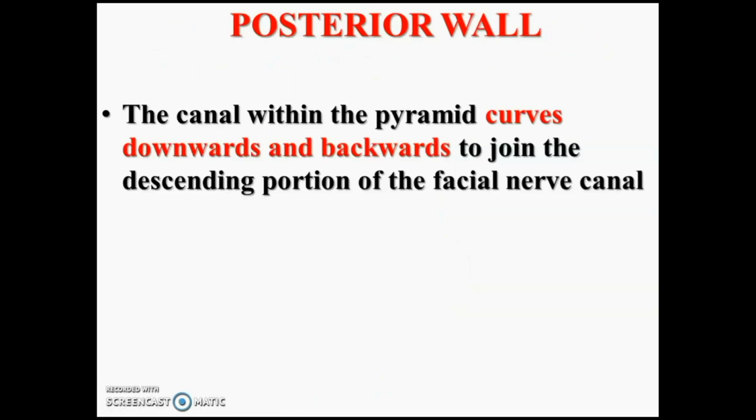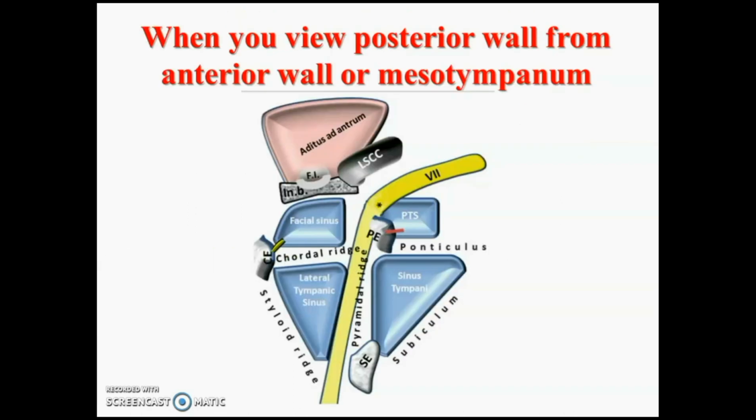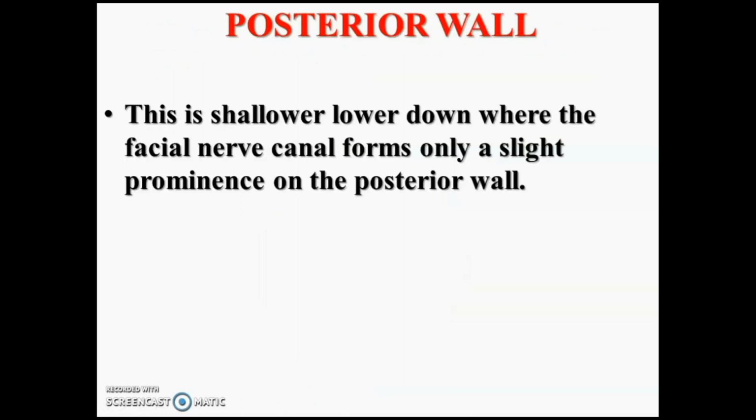So the canal within the pyramidal eminence curves downwards and backwards to join the descending portion of facial nerve canal. And facial recess is a groove which lies between the pyramid with facial nerve and annulus of tympanic membrane, that is lateral to facial nerve. You can see that entire thing is facial recess. Again it is divided into facial sinus above and lateral tympanic sinus below by a caudal ridge there. Whereas medial to facial nerve, you are seeing sinus tympani and posterior tympanic sinus,